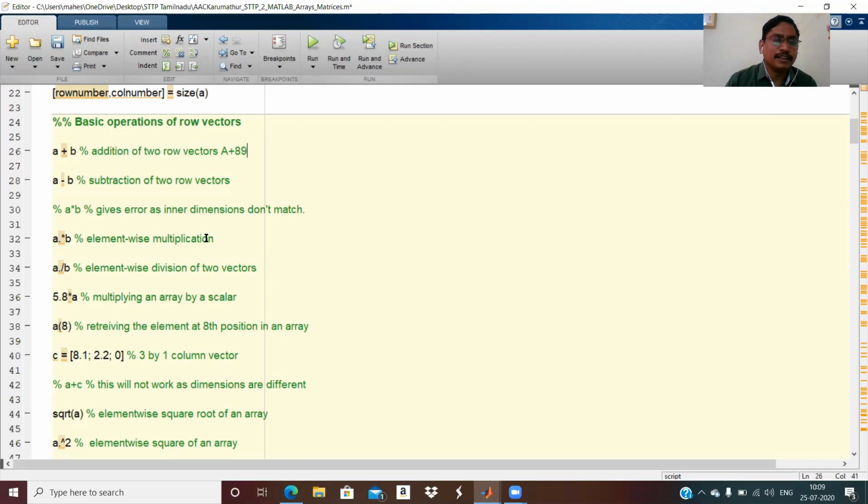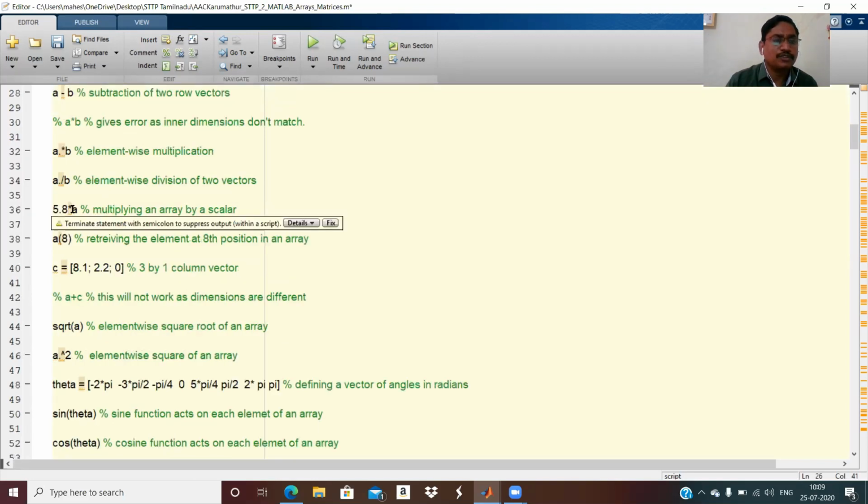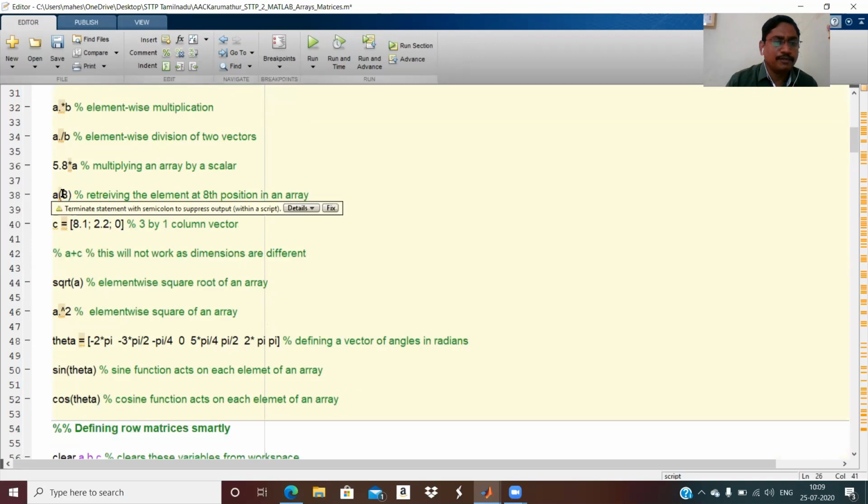Here is element-wise multiplication; to multiply element-wise the dimensions have to be the same. Here it is element-wise division of two vectors. Suppose I want to multiply by the scalar 5.8, I can multiply with a scalar. In the vector A, I want to find an entry in the matrix. This is the command.